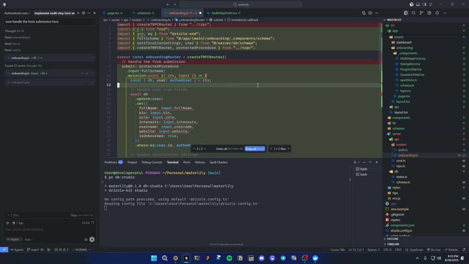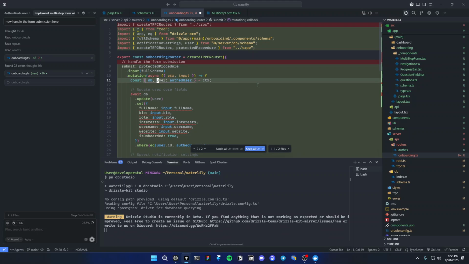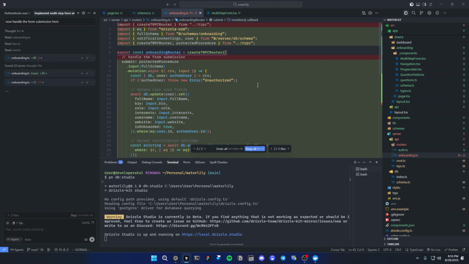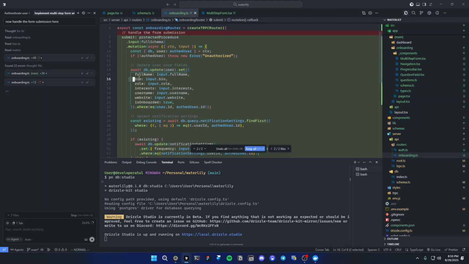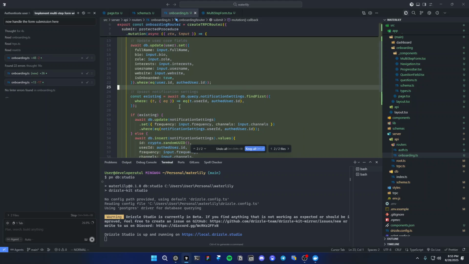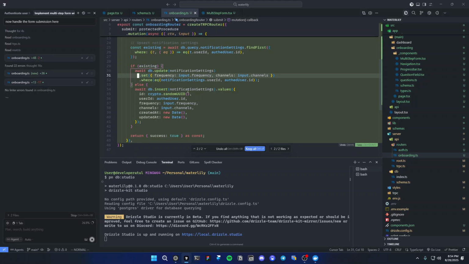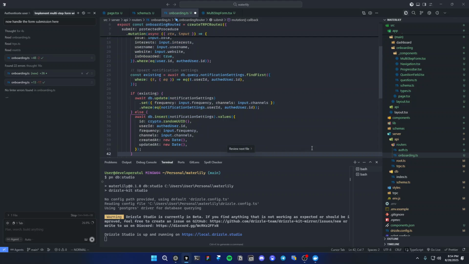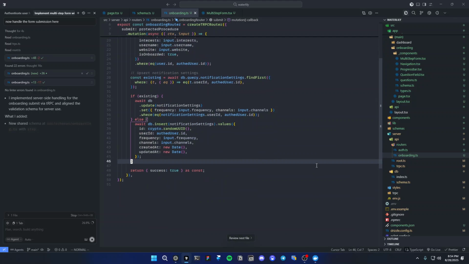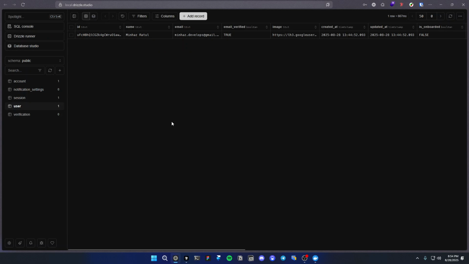We don't need to check that. The protected procedure already does that. So we're updating the user like this, onboard set to true, exactly how it should do. It's checking if I find first, then it's updating or inserting like that. This is not the best way to do it. I think